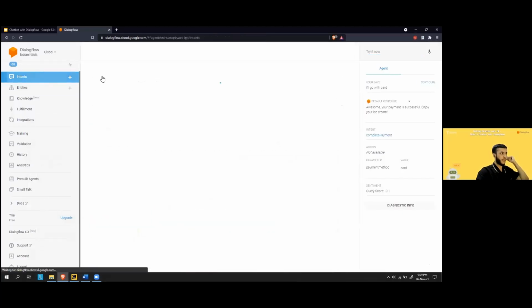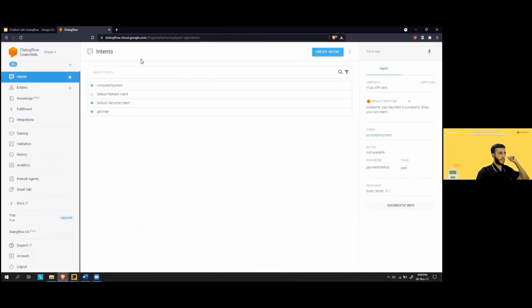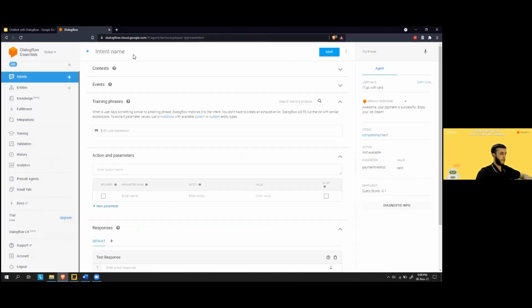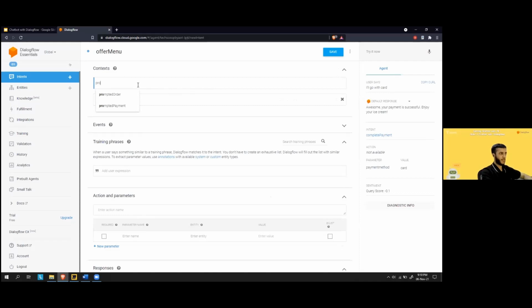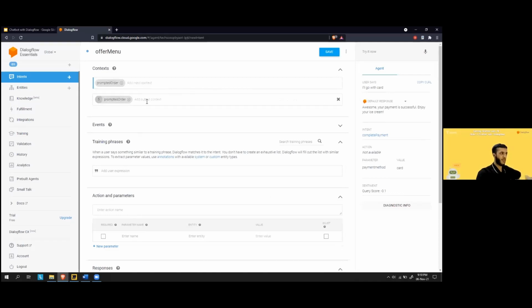I'm going to go ahead and create another intent called offer menu. Now, this is the most confusing part for this intent, so just pay a bit of attention. What happens to the input and output context? Look what happens. Prompted order as an input and prompted order as an output, and we don't kill any